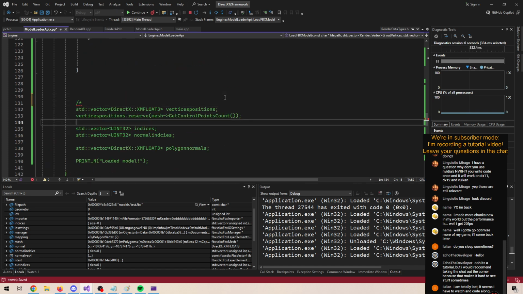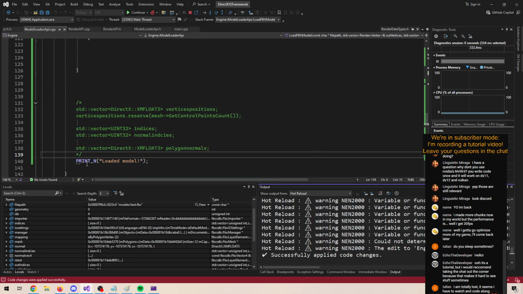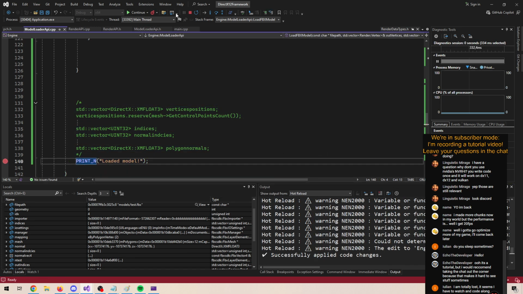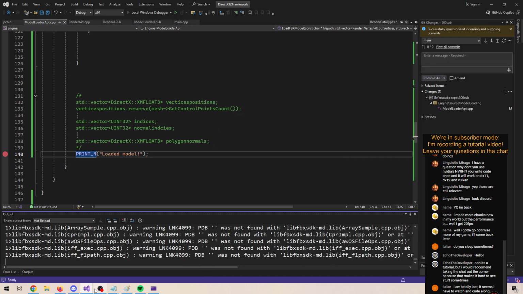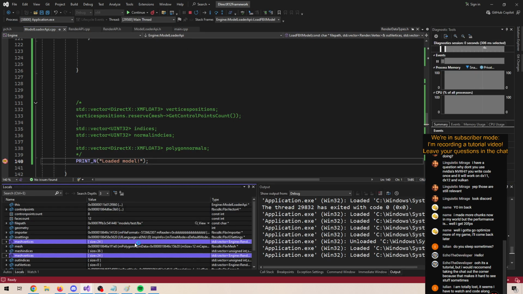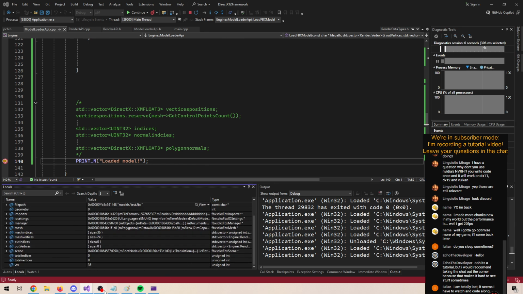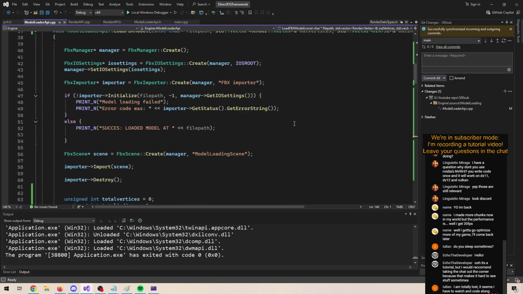And let's try removing all of this. Whoops. And let's see. Okay, so we have mesh vertices and we have mesh indices, which looks like something that we actually want. So we now have computations of our unique vertices,